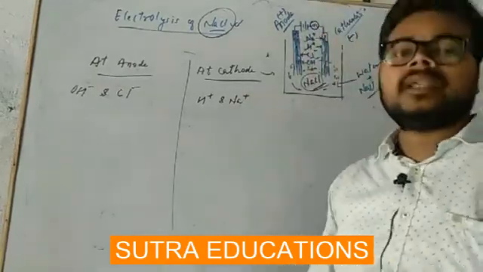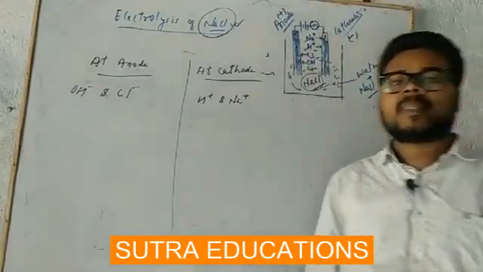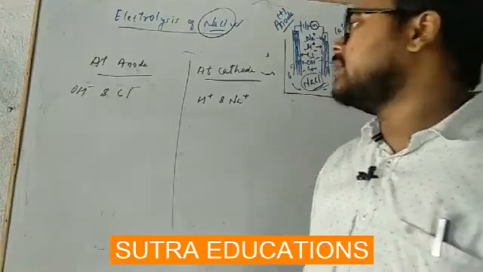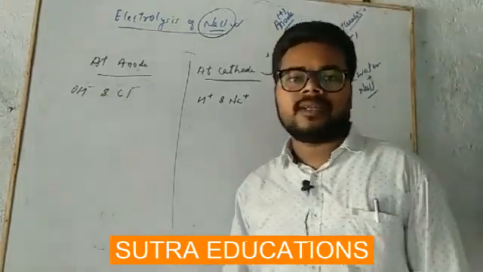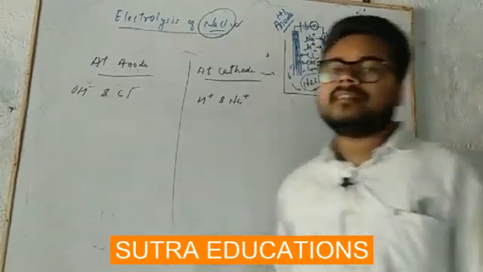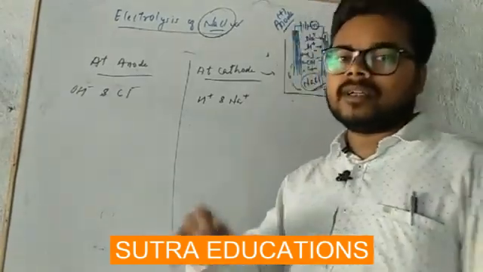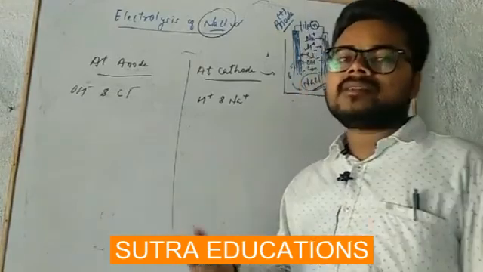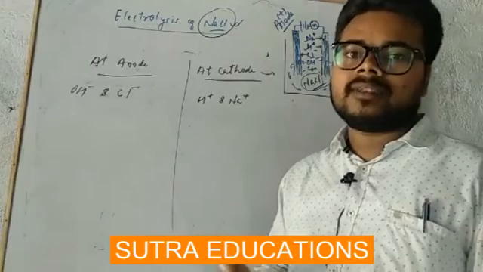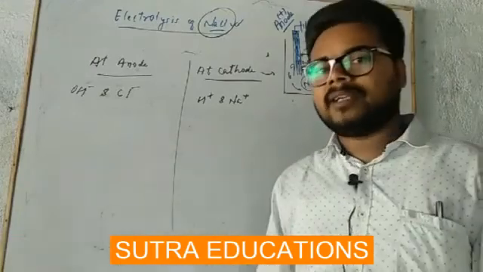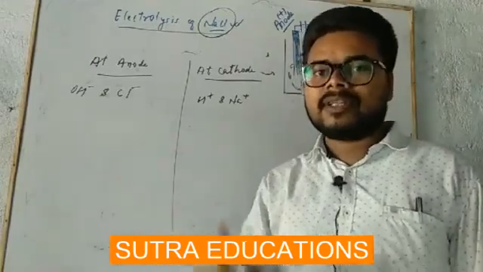Okay, then I told you about discharging. Discharging is simply, if it is a cation, then it wants to be converted into an atom, and if it is an anion, then it wants to convert into its atom. Discharging means if it has more electrons, then it will release the electron. If it has fewer electrons, then it will accept an electron.